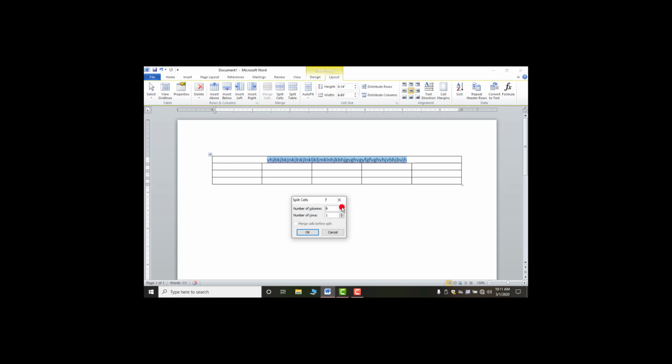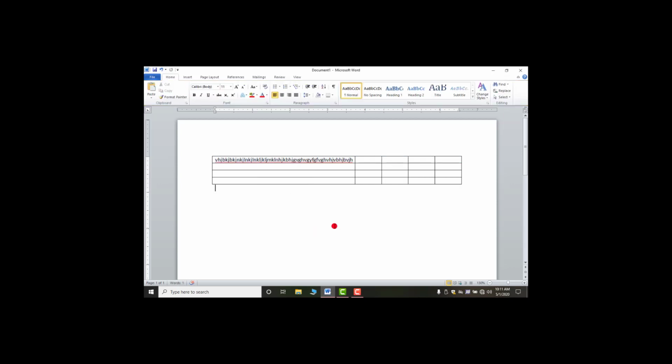So look, okay, this text is bigger, that's why it is occupying more space. If you delete this, your table will shift accordingly. Okay, so this is the topic, insert tab, pages and tables group.